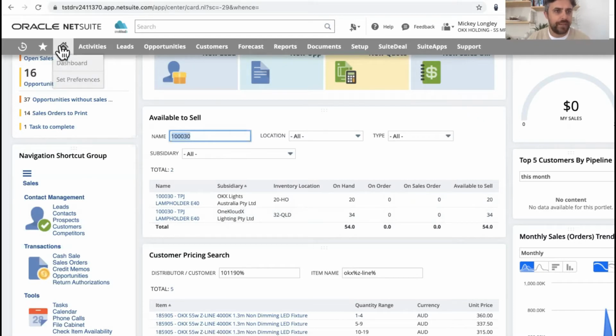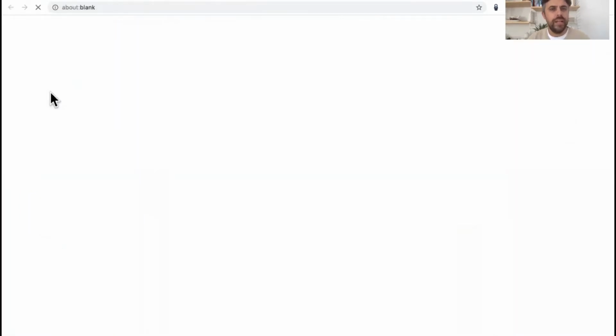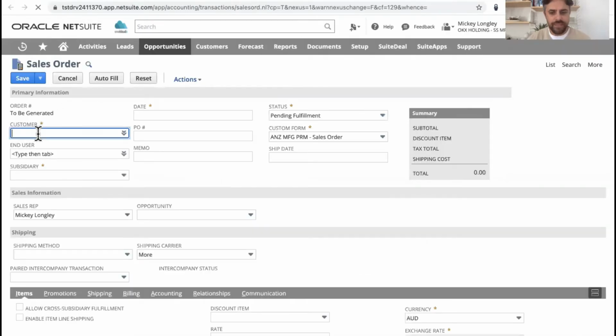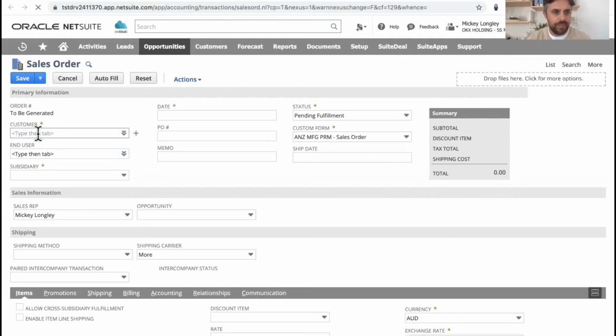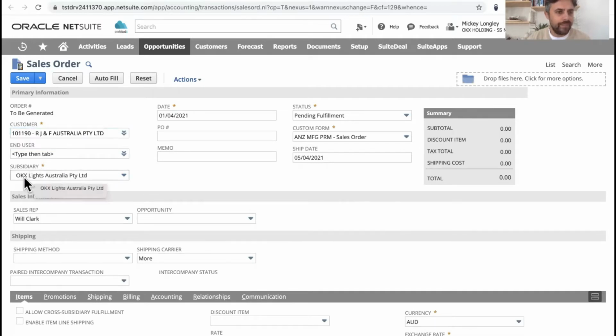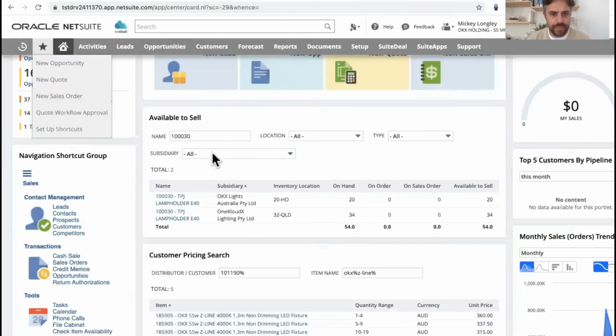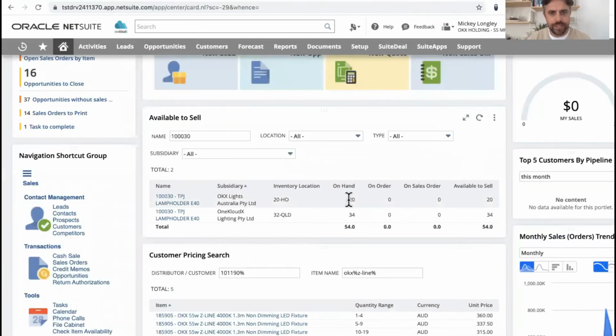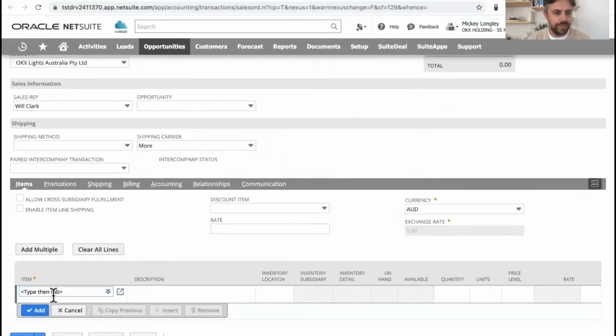So if I jump in and create the actual sales order, I've just got it under my favorites. I'm in the create sales order transaction. Obviously I'll start off by putting the customer in, because we need the customer, which will load the subsidiary in which the customer resides. Once I select that customer, you will see that that customer is related to this OneKloudX Lights Australia, which has 1KX, which has 20 in stock. So if I go now and place this item,